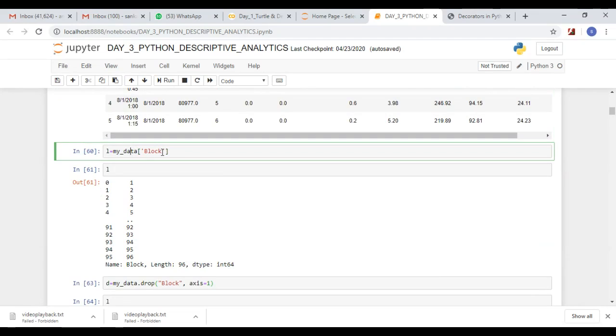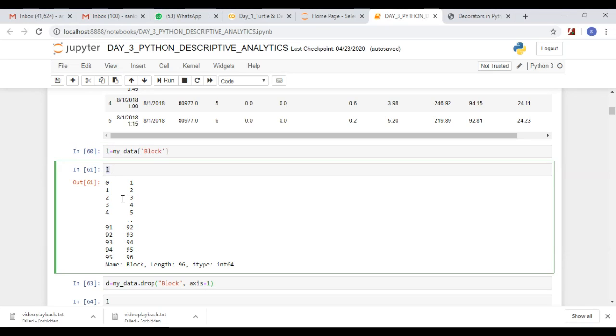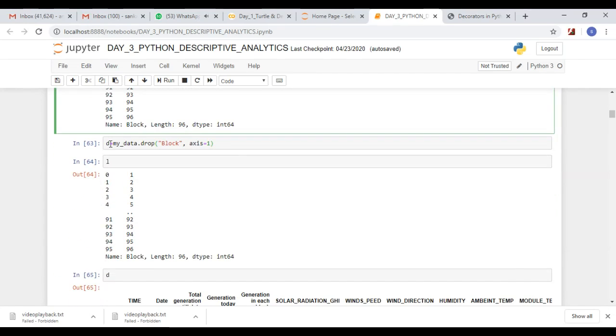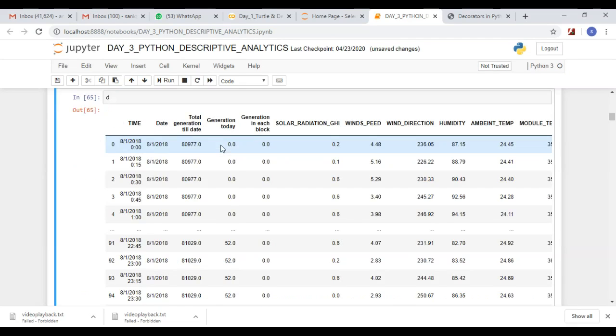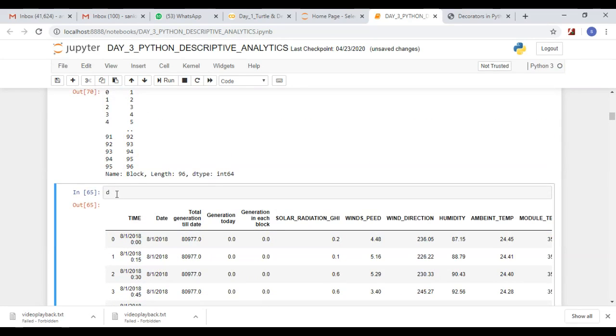Then we are creating L from my data, for class L. Then I am printing this L. Then I am creating D. Using D, I am using drop. In my data, I am dropping the column block, with axis equal to 1. After executing this, if I print L it will display all the block values. If I print D...